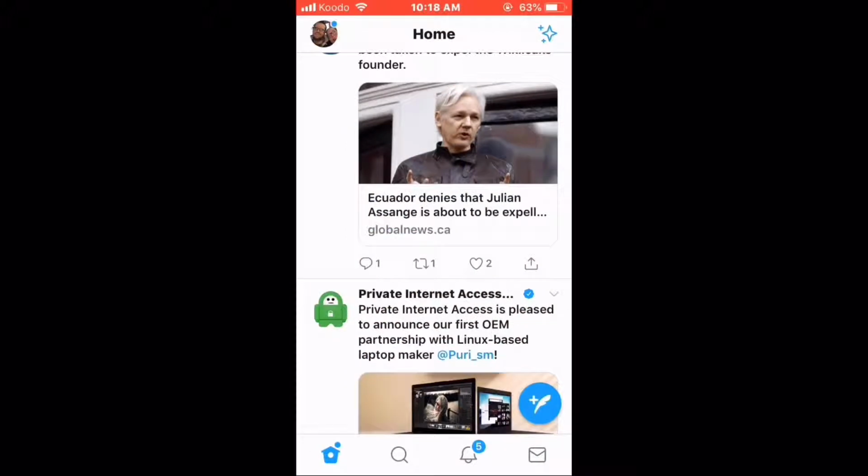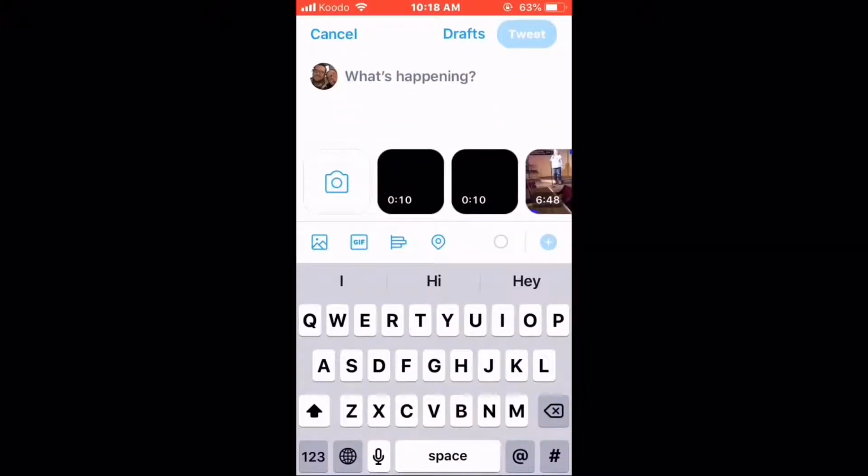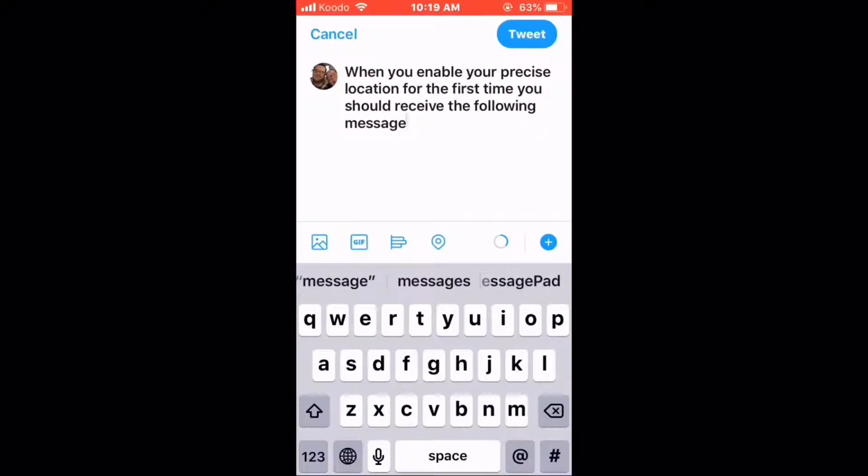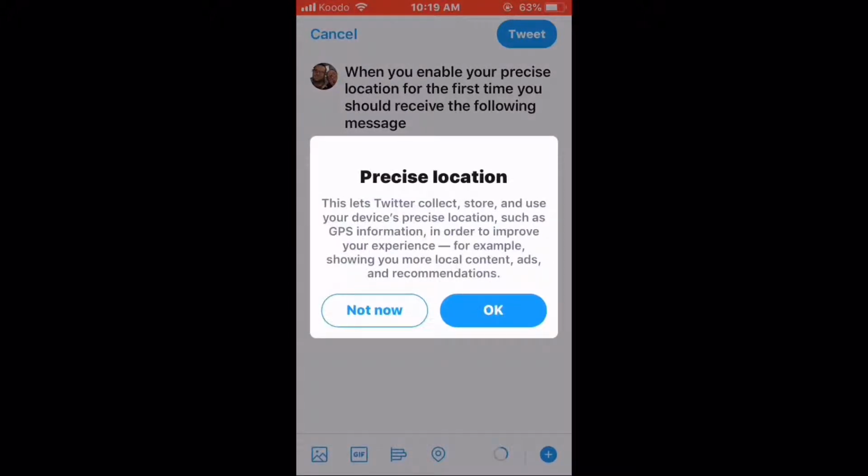Open the Twitter app and compose a tweet. Tap the location icon. When you tap the location icon for the first time, you'll see this message. To enable the location, tap OK. To disable it, tap Not Now. Once you tap OK,